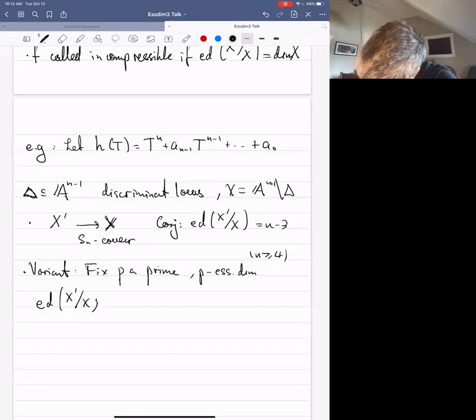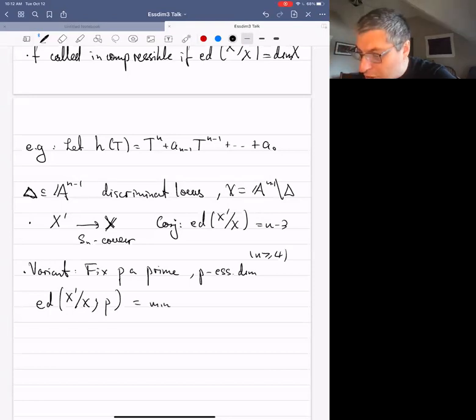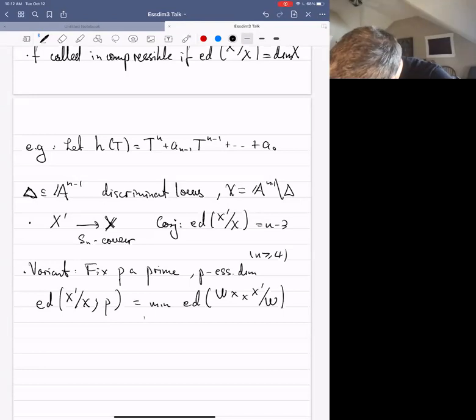It's denoted like this. What you do is define it in the same way as the essential dimension, but you allow maps of